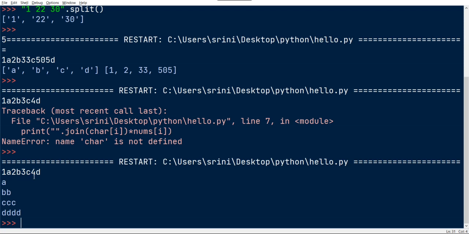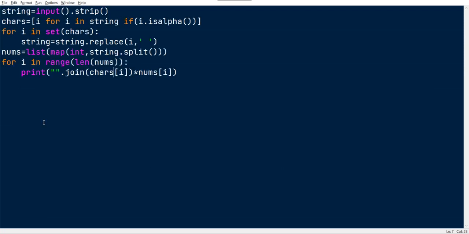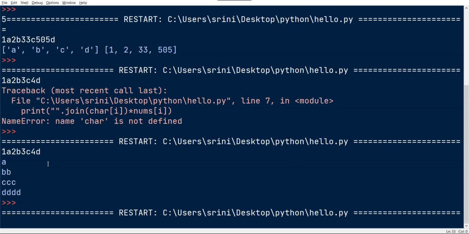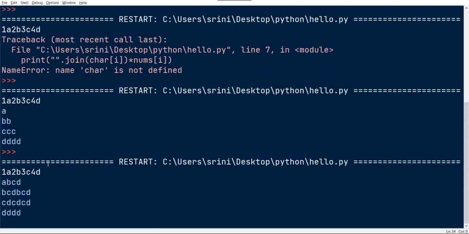We just need to get A, B, C, D. For that you can use the slice operator, which gets the items from the current index till the last. So the current index would be A, and till the last it will iterate and print. Let me show you.